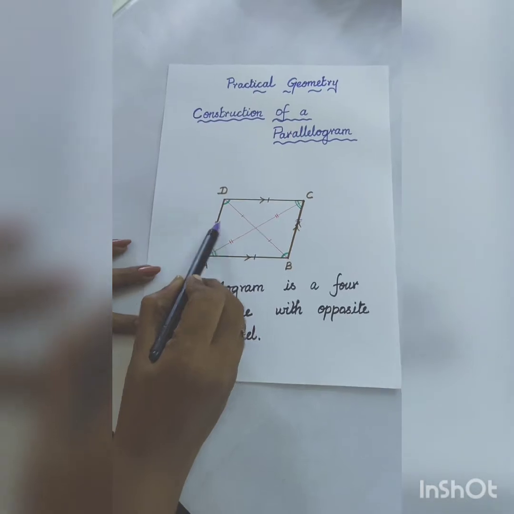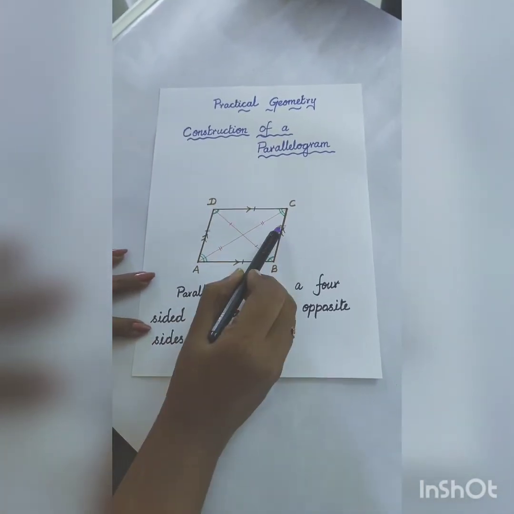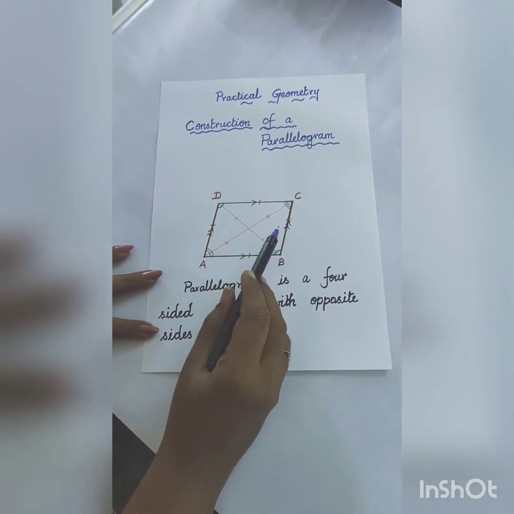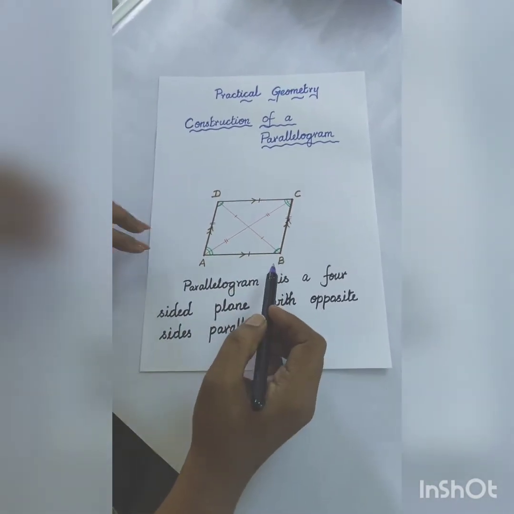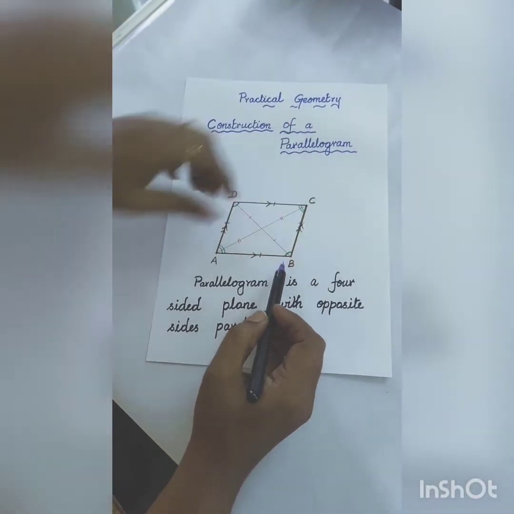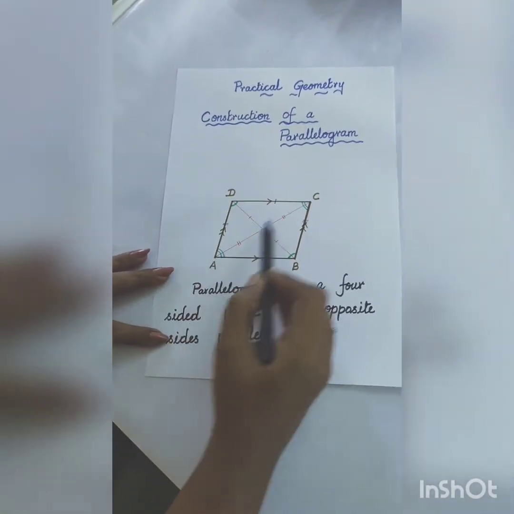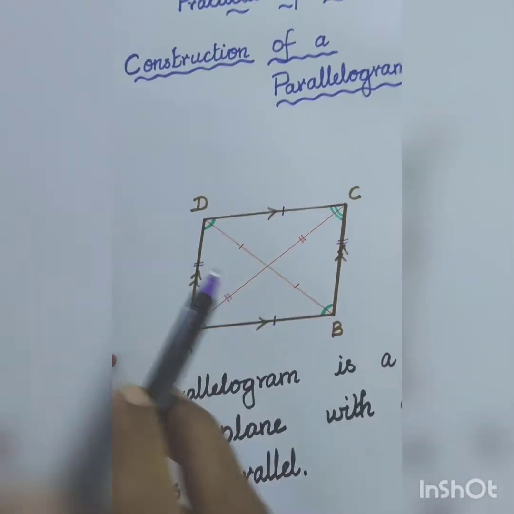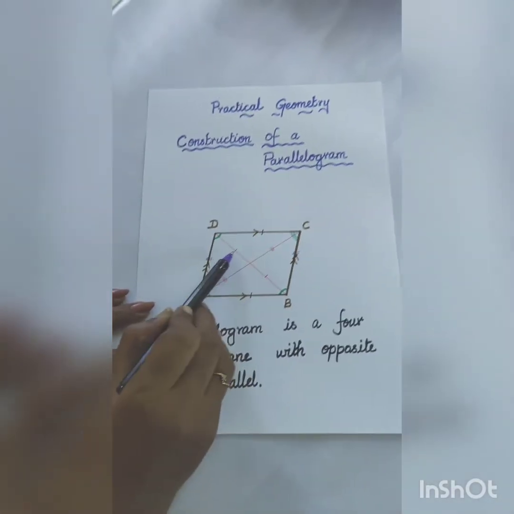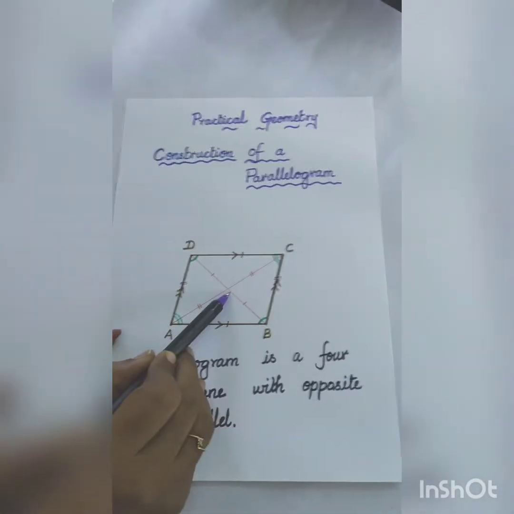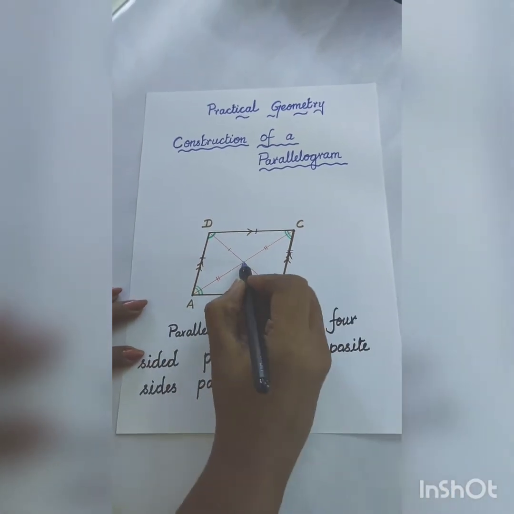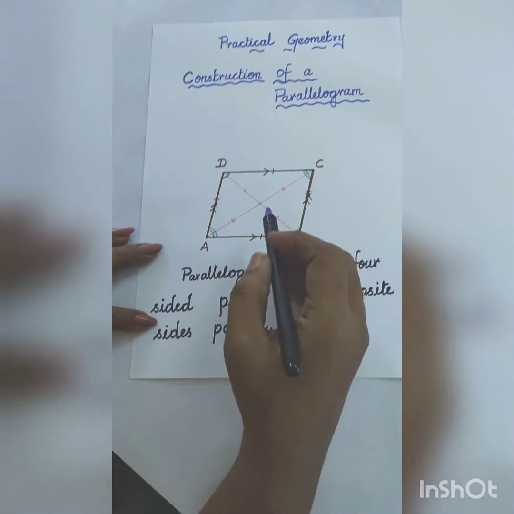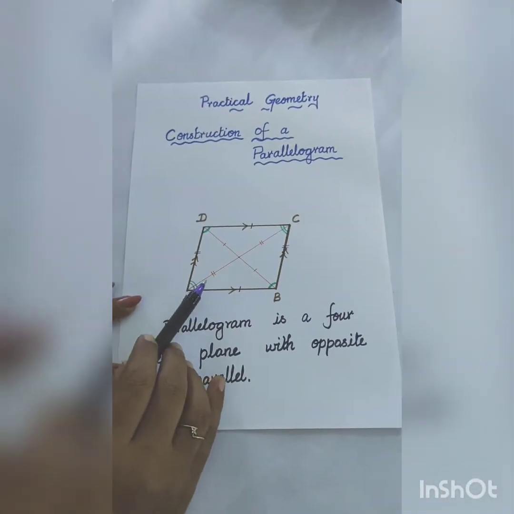And here we have this line, no? These lines indicate the congruent or equal sides. And we have the diagonals AC and BD. Both the diagonals bisect each other. Bisect means it will divide the line into two equal parts. So this distance and this distance will be equal. Here this distance and this distance will be equal, so the diagonals AC and BD bisect